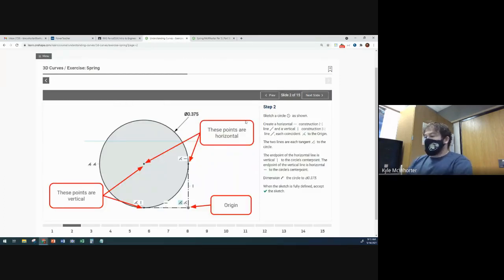All right, next I'm going to sketch the circle, and I'm going to make a horizontal construction line and a vertical construction line, each coincident to the origin. Then the two lines are each going to be tangent to the circle. The end point of the horizontal line is vertical to the center of the circle. So these 2 points here are vertical. These 2 points here are horizontal. Okay, so,